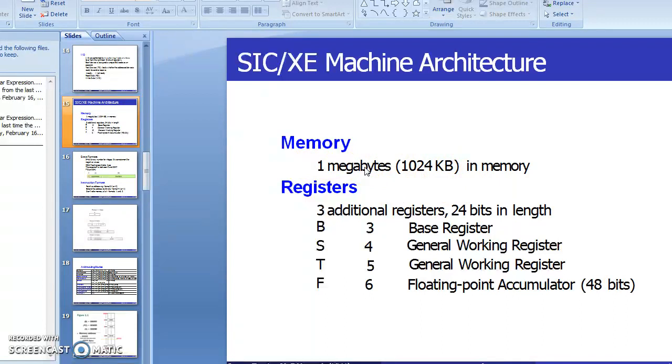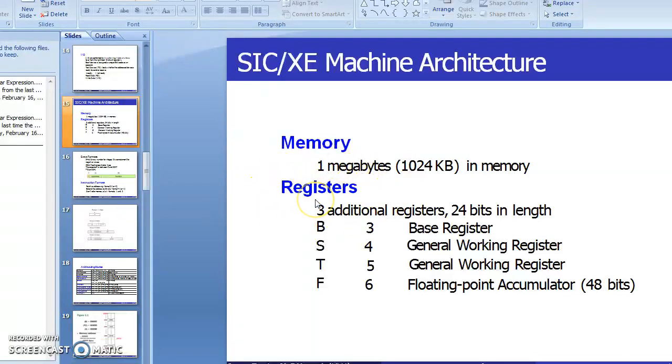That's all about memory. What is the difference here? What are the common points? Number 1, memory consists of 8-bit bytes. Second, any 3 consecutive bytes form a word. That means one word equals 3 bytes, that means 24 bits. All addresses are byte addresses. Then we always take a memory fetch from the LSB only. The difference is, in SIC we take care of 2 power 15 memory bytes, and here we take care of 1 MB.